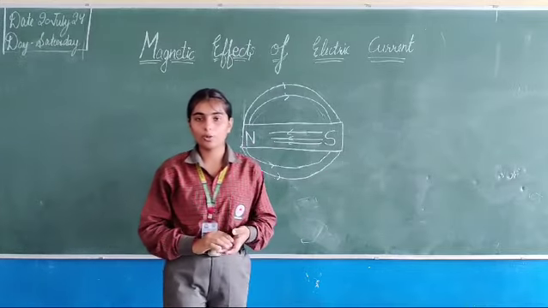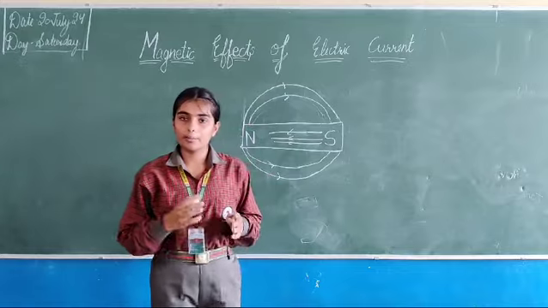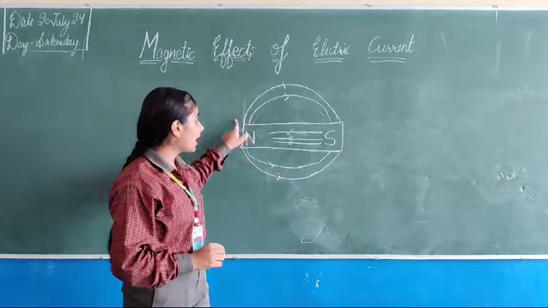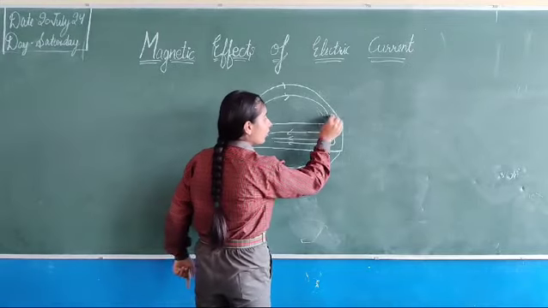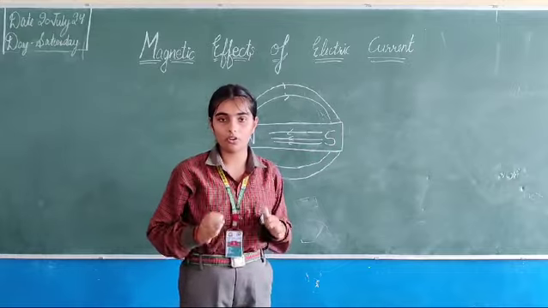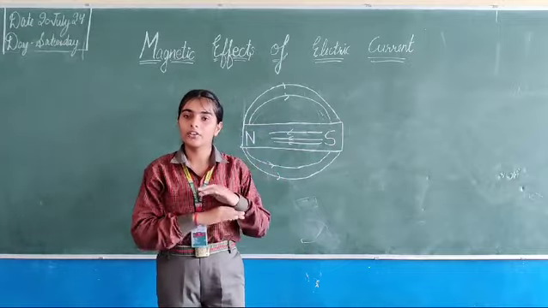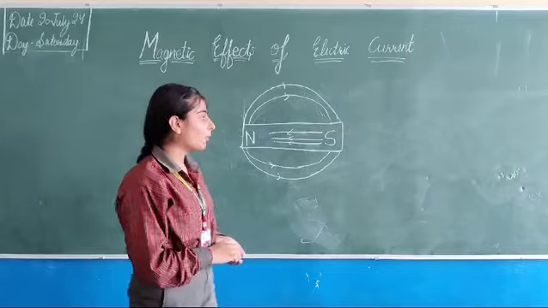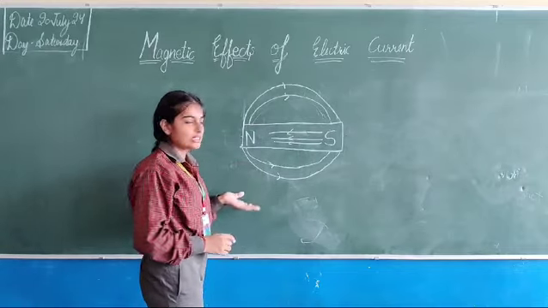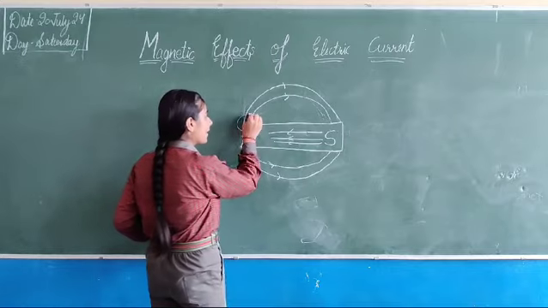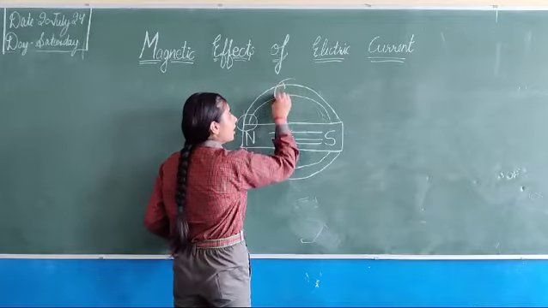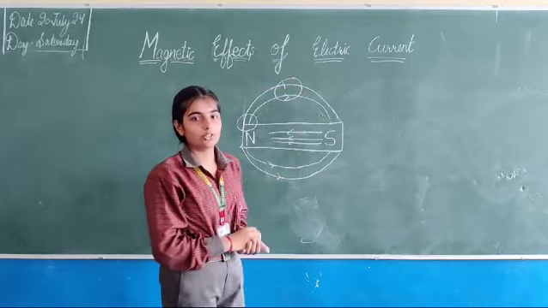The fourth property is that while drawing magnetic field lines, we have to be sure that they do not collide with each other. If they collide or intersect each other, then the actual path of the magnetic field lines will be changed. The fifth property is that the magnetic field lines which are closer to the magnet have a strong force of attraction, and those which are away from the magnet have less force of attraction.